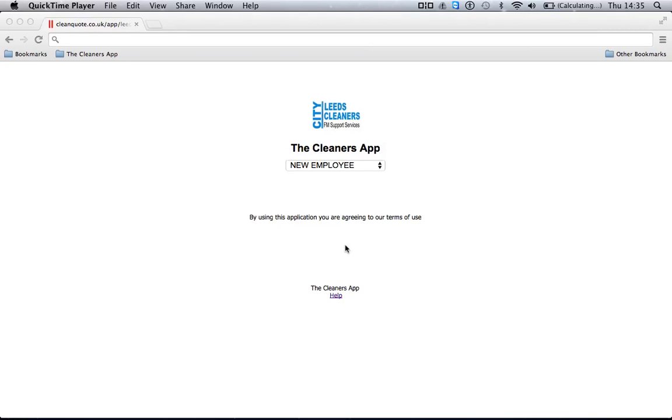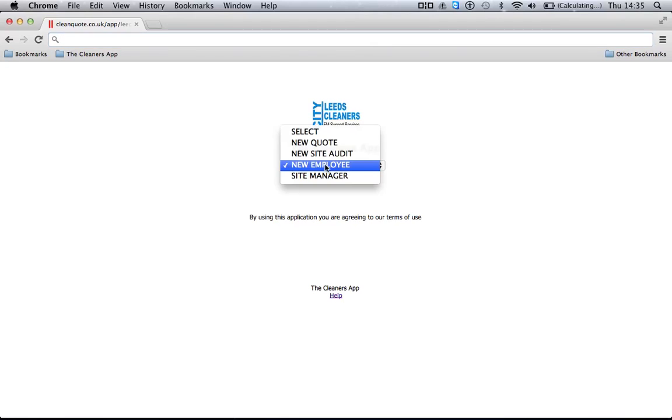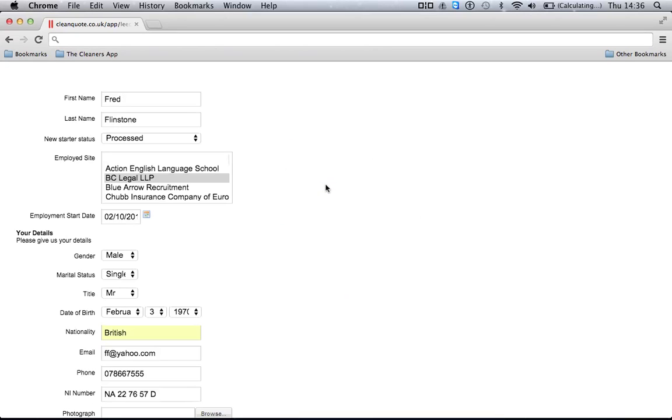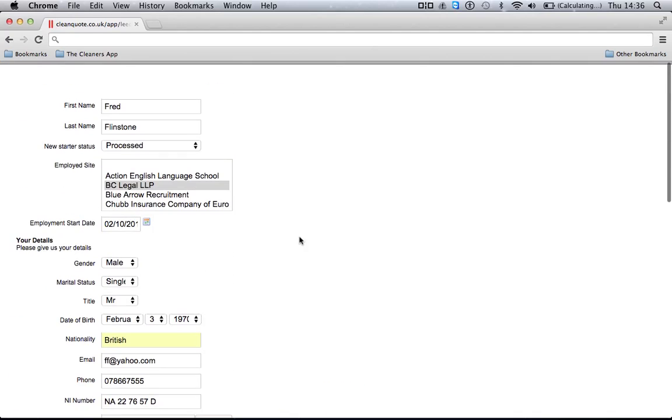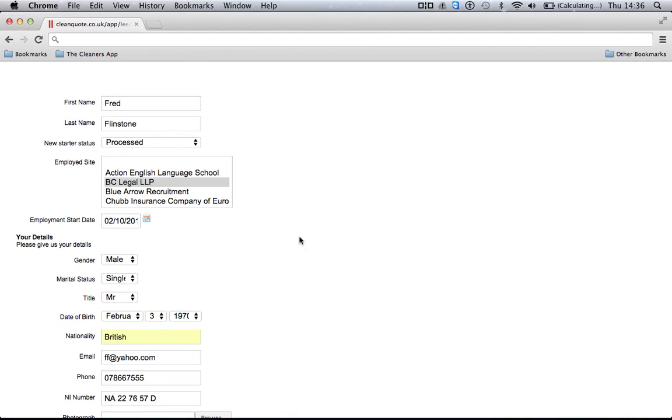Basically, you will use this to sign up a new employee. How that works is, as usual, you take down your drop down list, choose new employee, and it will take you to quite a large form. So we advise people to use this form on the iPad or tablet. We don't suggest you use it on a phone because it's quite a lot of input, so much so that